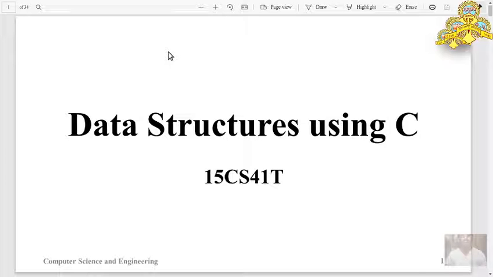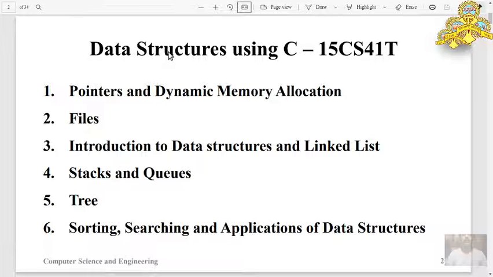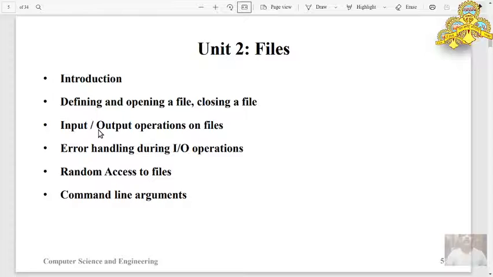Good morning, students. In this video class, I will cover the topic related to files, that is in Unit 2. So, Unit 2 is for files. We go for the content of the file. Unit 2,